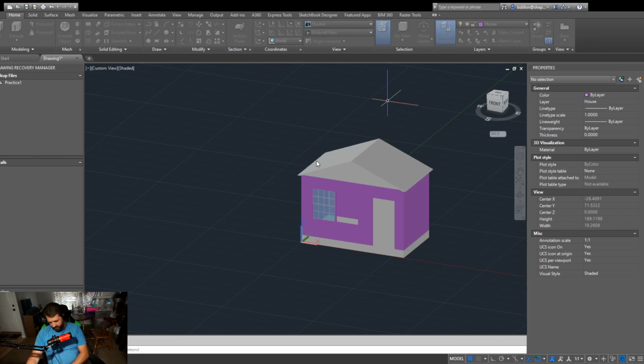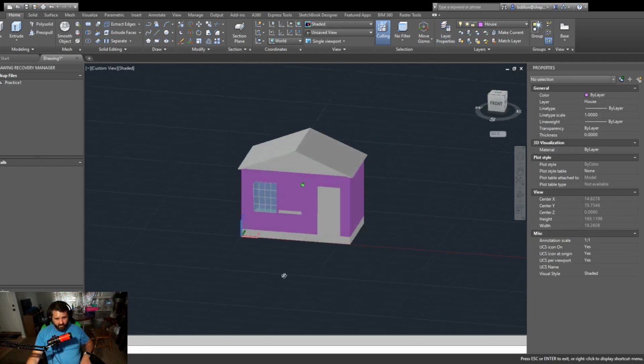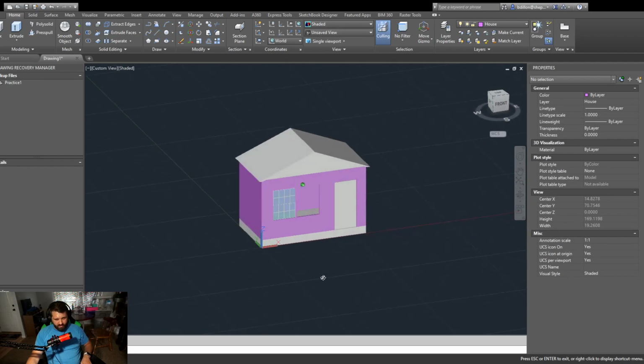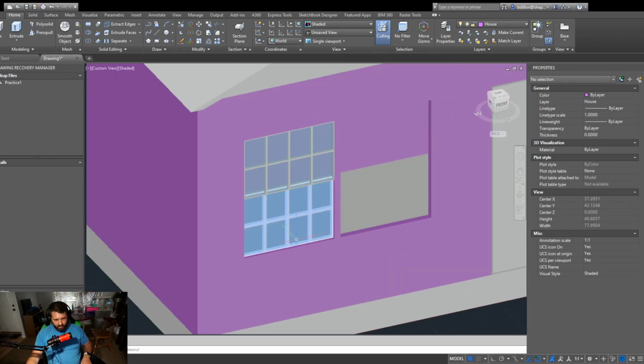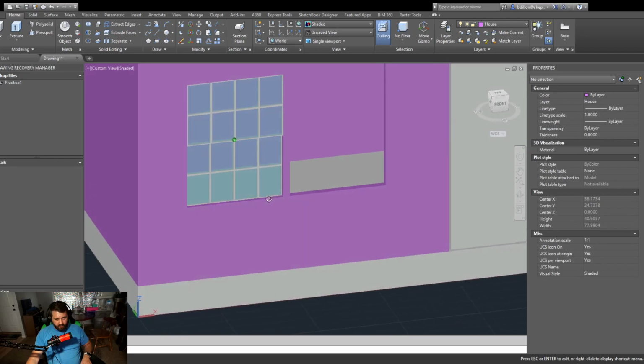Window frame is not glass. And there we have that, and that should update everything here in the image. So once again, now we can see through. We have our windows properly laid